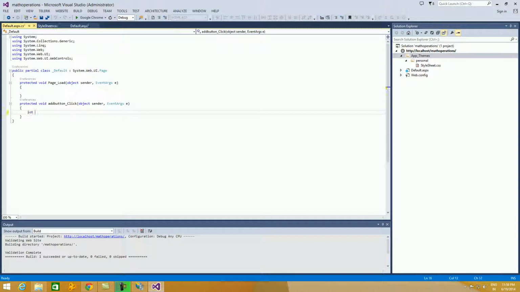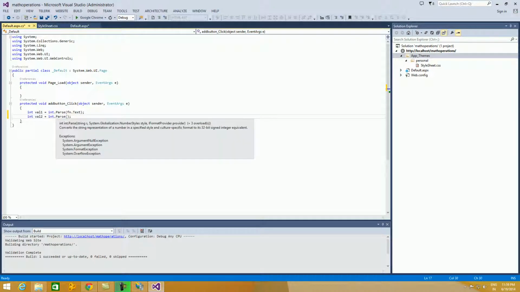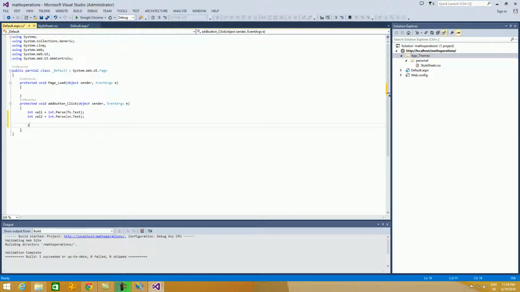Now I will try to retrieve the value from the text boxes. Value 1 is equal to, so this is our text box ID, fn.Text, and this is value 2, int.Parse, and second.Text. int value 3 is equal to, so I want to add value 1 and value 2, value 1 plus value 2.